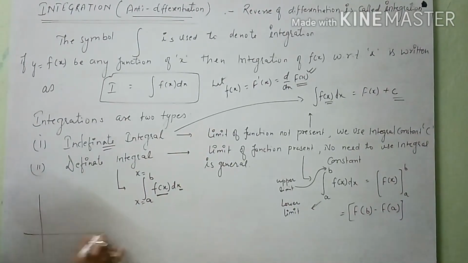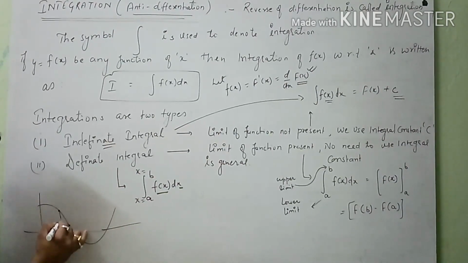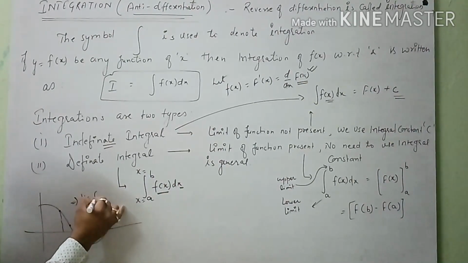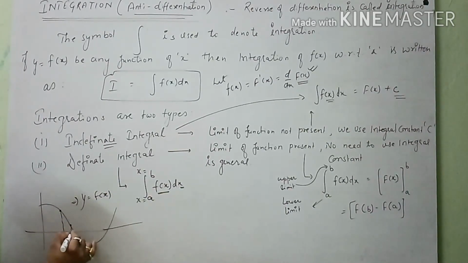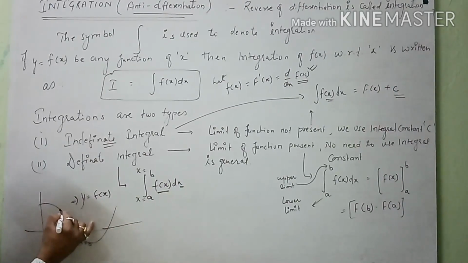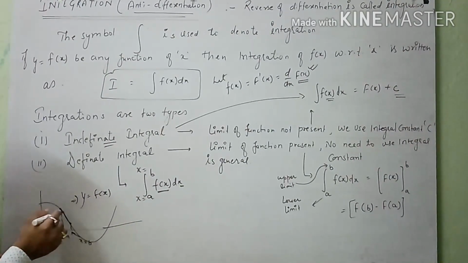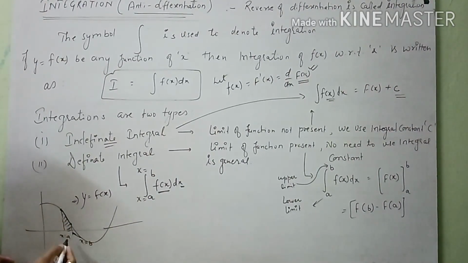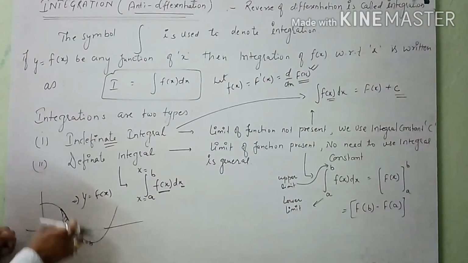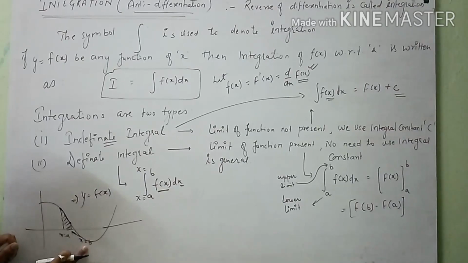Suppose I am taking one function which we are integrating from here to here. We know that this is a function of sin x, so cos x. So I will write here initially f(x), no problem. Here you see that this is x equals a and this one is x equals b. These are the two limits, and under these limits, if I want to calculate the integration of the function, it will give us the area bounded by these two regions, x equals a to x equals b.